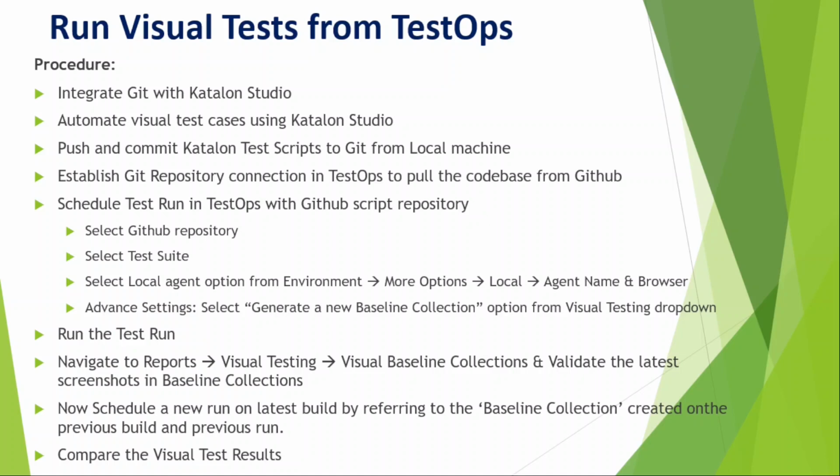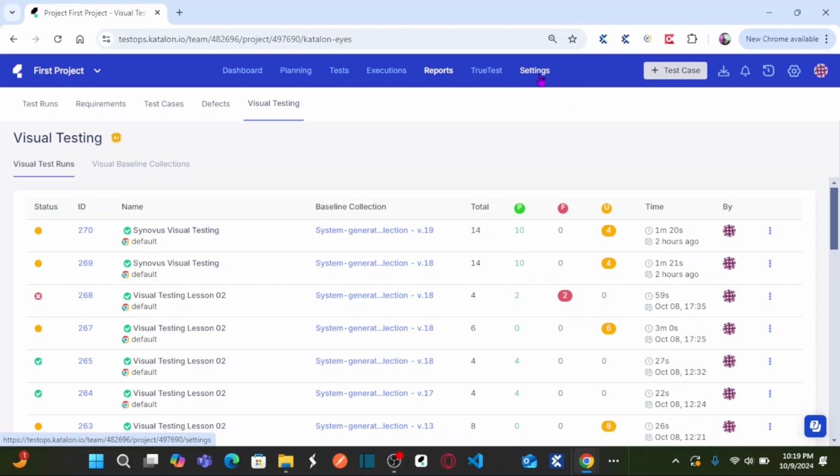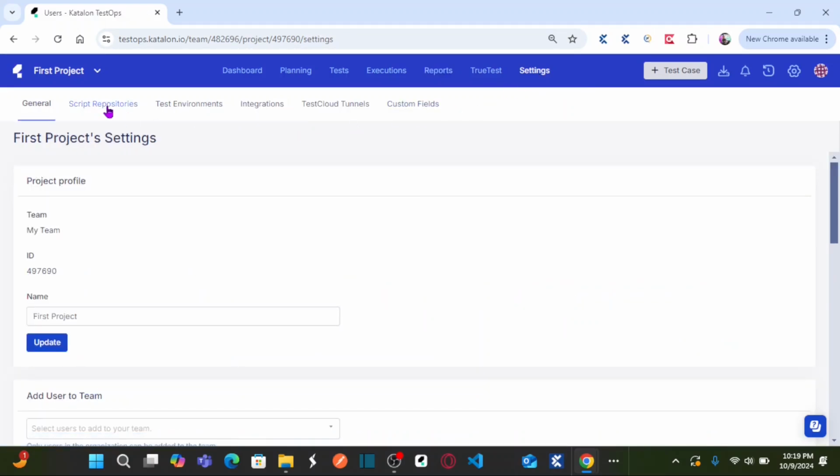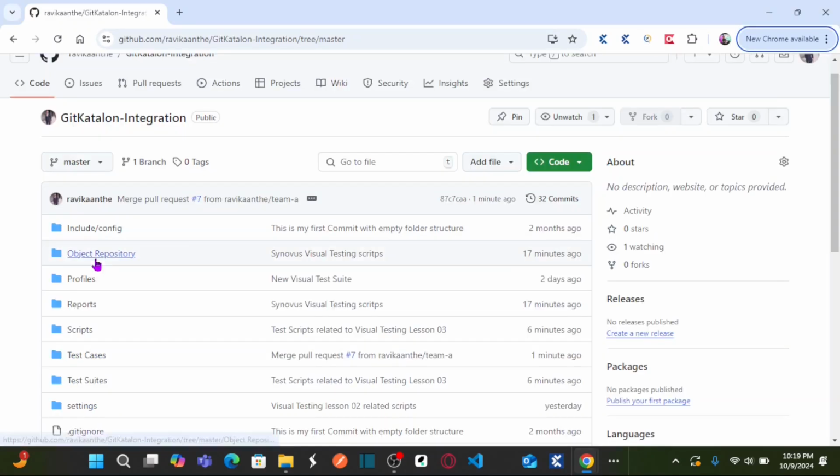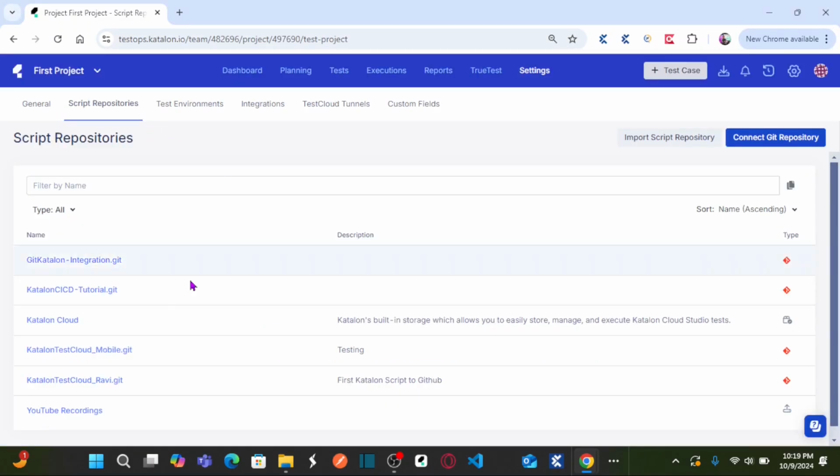Let's go back to TestOps. So this is my TestOps. Go to settings, and here you can see script repositories. I've already connected the Git repository called Git Katalon integration. This is our GitHub repository. So you can see Git Katalon integration is my GitHub repository. I've already established connection to that particular repository. Okay, so now after that,